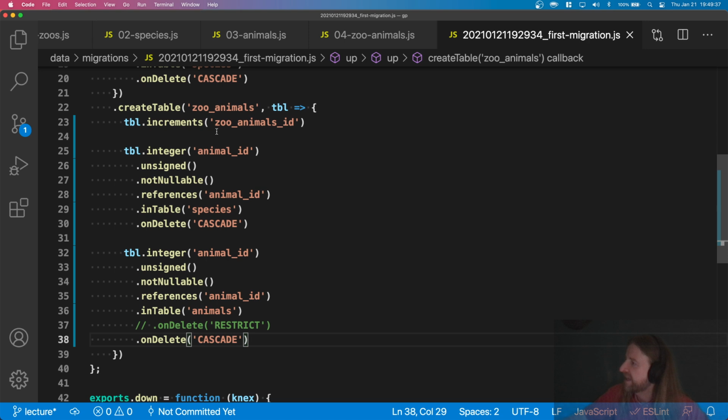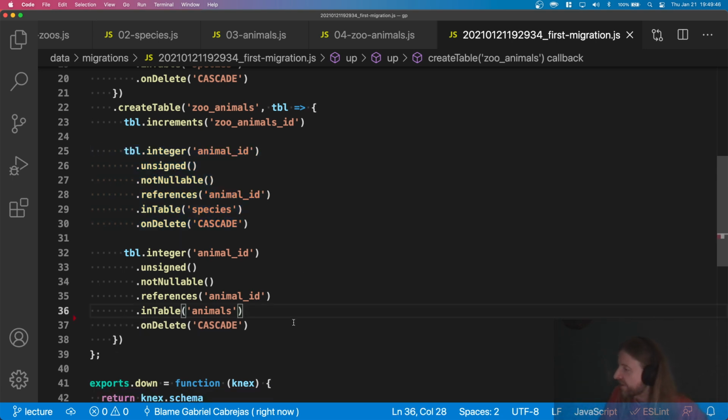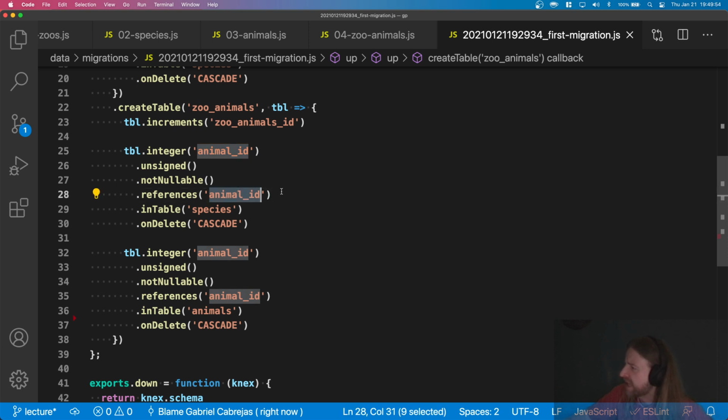Okay. So the connecting table, of course, has its own primary key, and then all it has is a couple of foreign keys marrying the zoos and animals, right? So here we have animal ID references animal ID in table animals. Almost left that one. Excellent. On delete cascade, right? What about